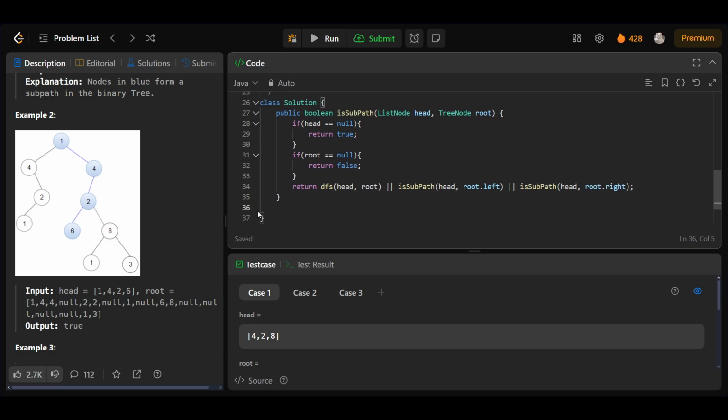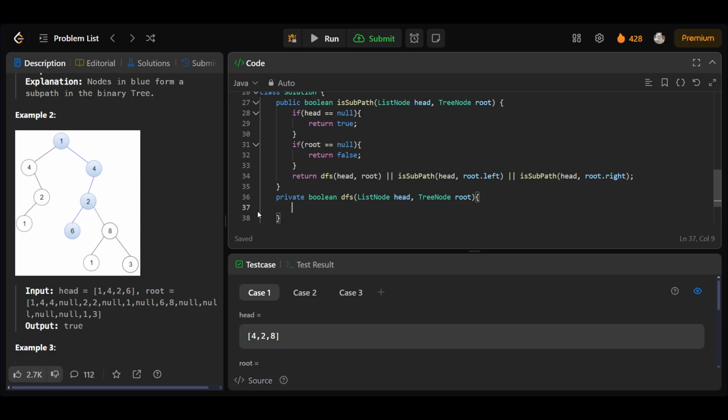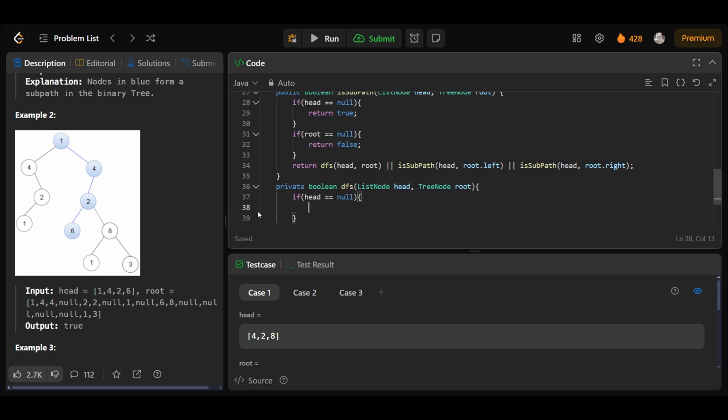basically root dot left, or isSubPath with head comma root dot right. Okay, so now let's write this function, that is private boolean dfs, and here we have the head of the linked list, ListNode head, and the TreeNode root. Okay, now we'll check again that if head is equal to null, in that case I have found my answer, so I'll